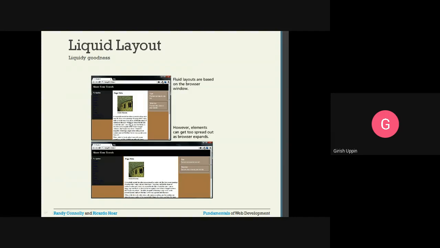Now the window size has been increased, and you can see the size of all these things has increased. When it is increasing, the spread can be too much or too little. Here, for the navigation, we really don't need this much space, isn't it? Because the window size is increasing, the size will also increase. So looks-wise, it might spread out some of the elements in ways that are not expected.